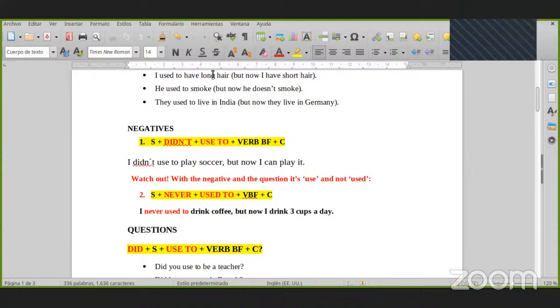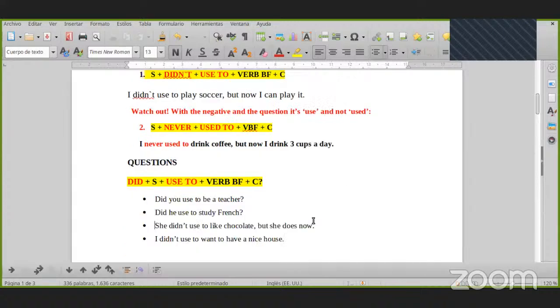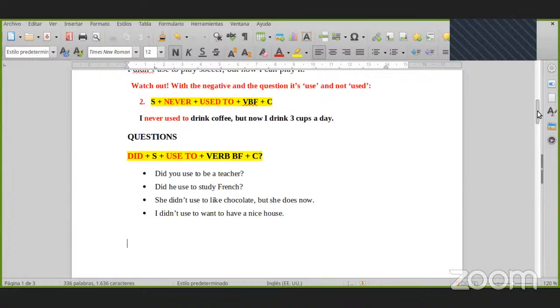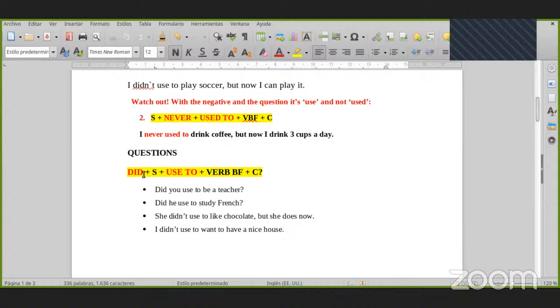Very good. So we have to realize these 2 differences: something that is normal that we do now, and this one with more exaggeration. So the other one is when we use it in questions. If I want to make a question, what do I have to do? In questions, we use "did", the auxiliary that is going to help us make questions. Did, the subject,